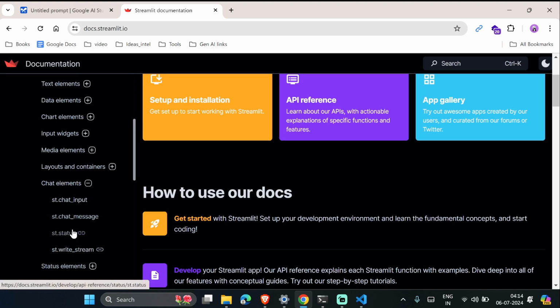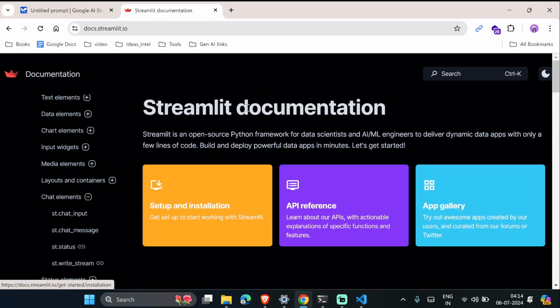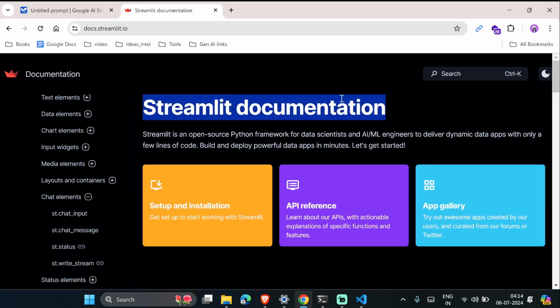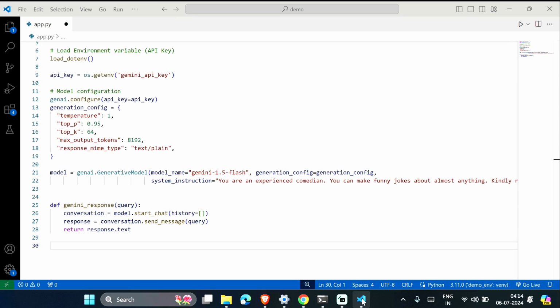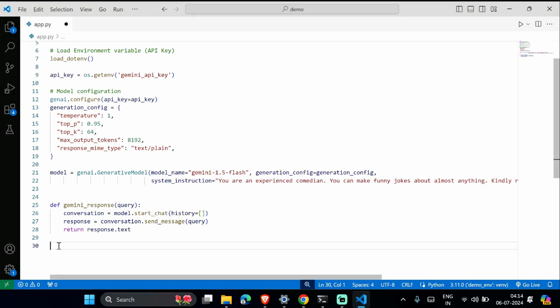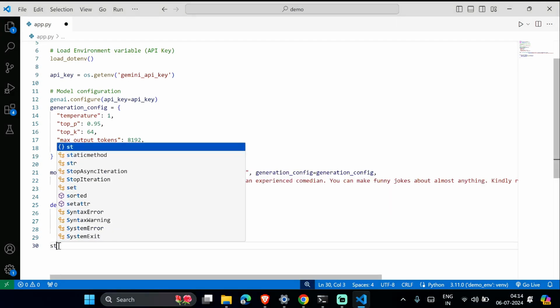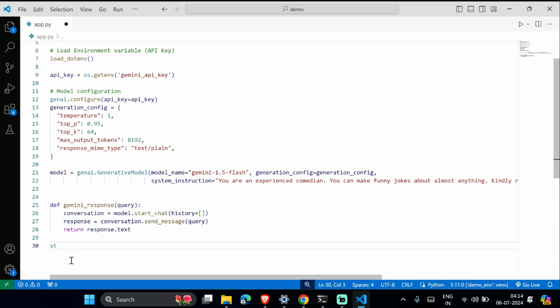Okay. So before chat elements, we need to provide some title to the page, right? So this is a user interface, so it needs to have a big title. Like here, it's Streamlit documentation. Similarly, it needs to have a title. So in Streamlit, how you do that is just write st. So you remember we call Streamlit as st, right? st dot